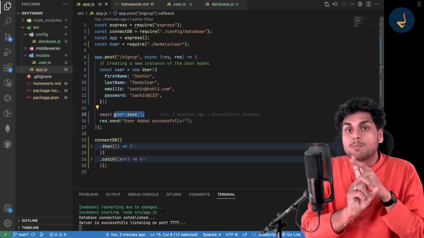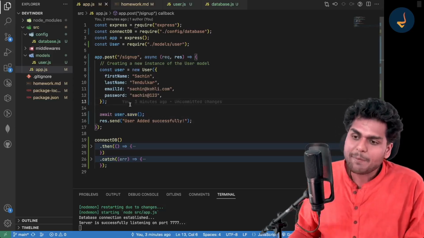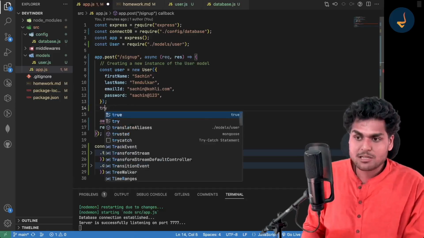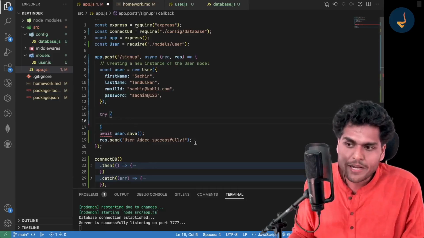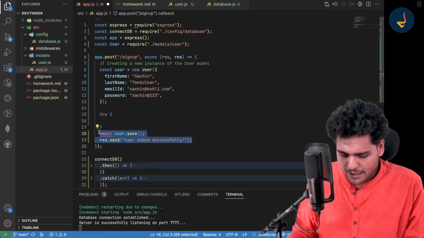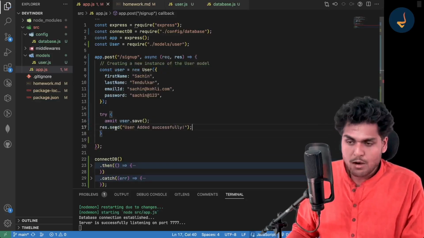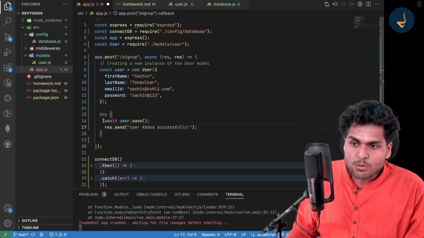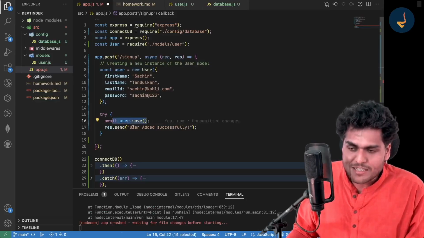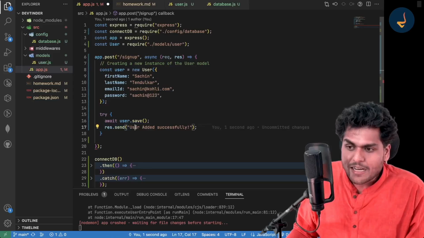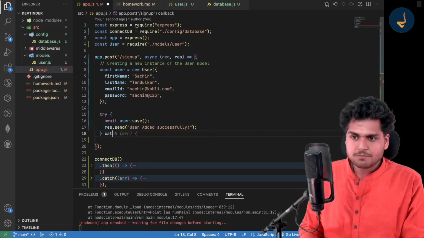whenever you are doing some DB operation, whenever you are saving data to the database, whenever you are reading data from the database, always wrap them inside a try catch block. It's a very good practice to wrap all your code inside a try catch block, and then handle the responses appropriately. What I'm trying to say is you can do await user.save over here. Once the user is saved successfully, res.send user added successfully. But suppose there was an error, so